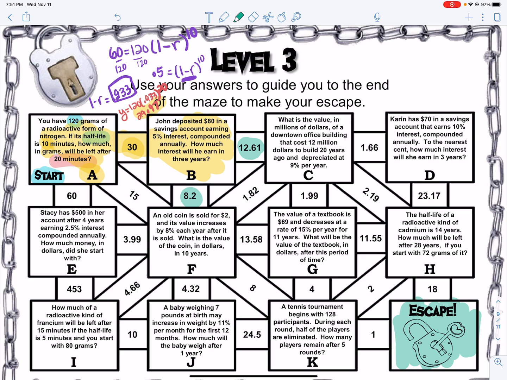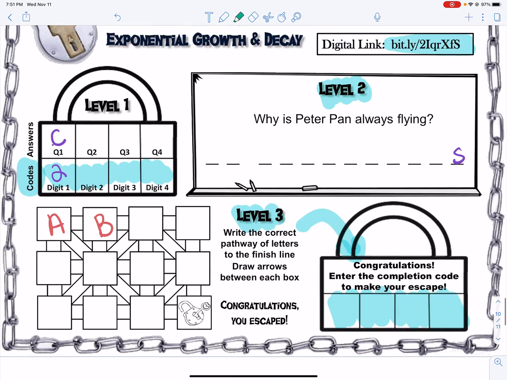So what you're going to do is work level 1, level 2, level 3. I'm guessing you'll be fine on level 1. You might have 1 or 2 questions on level 2. Those are medium. Level 3 is difficult. I would be happy to help you, but you just have to ask. So this code that you're going to fill in, because we have the C goes with 2, we have our last letter is S, we have our A and our B, and now we're going to work that out.